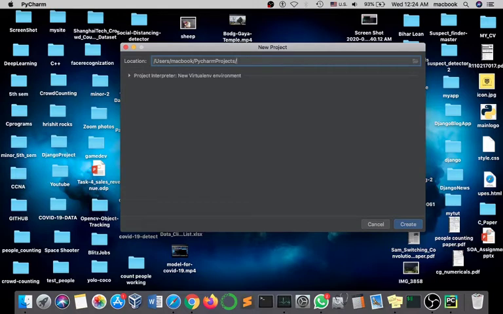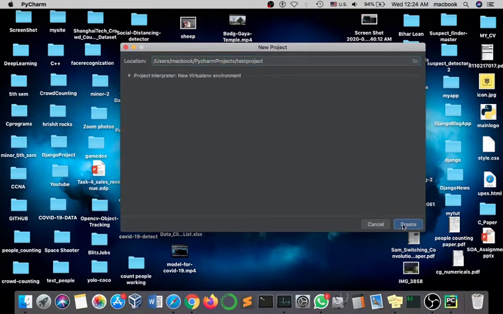I am changing it to test. Okay, this is the name of the project and this is the location, user MacBook PyCharm projects. Okay, and create.